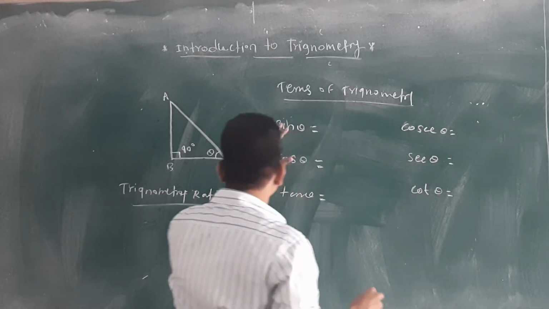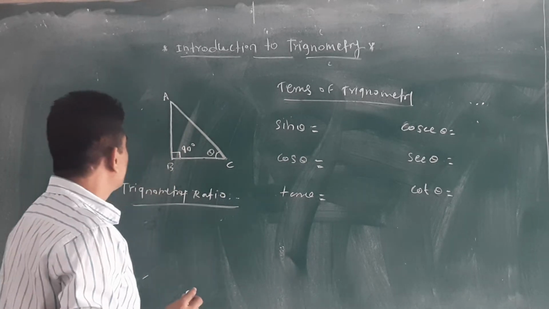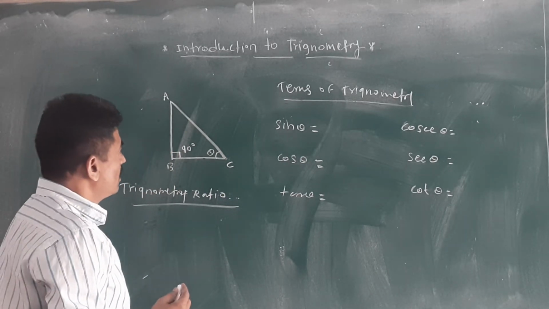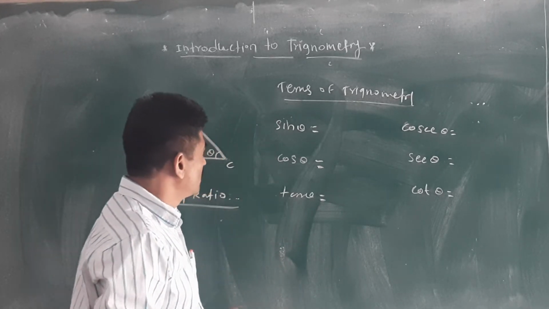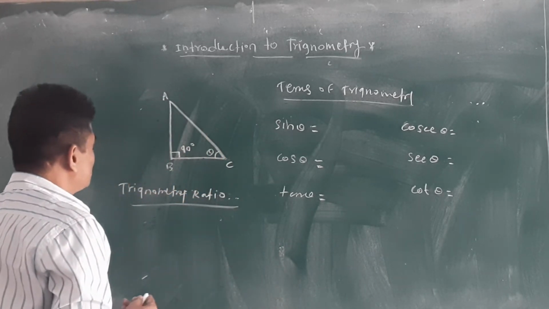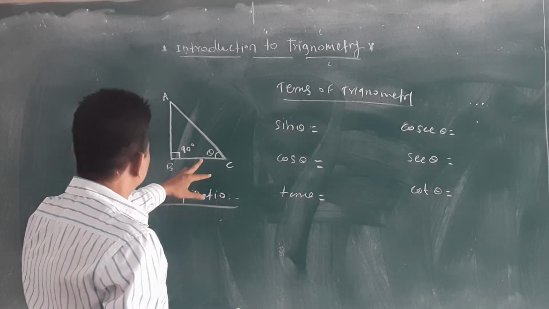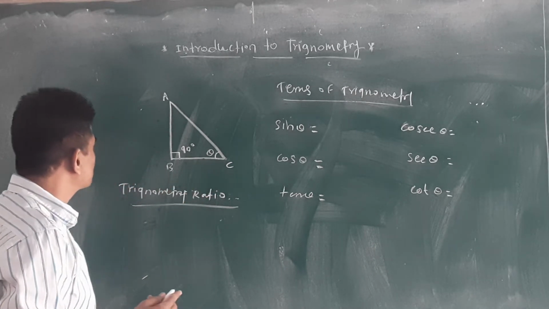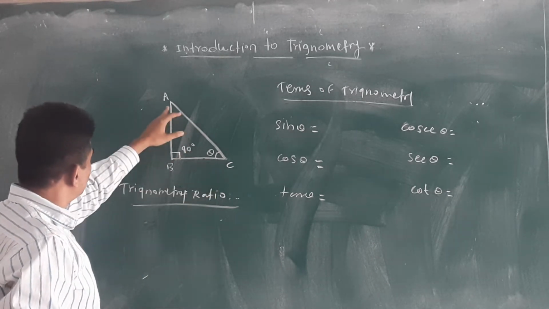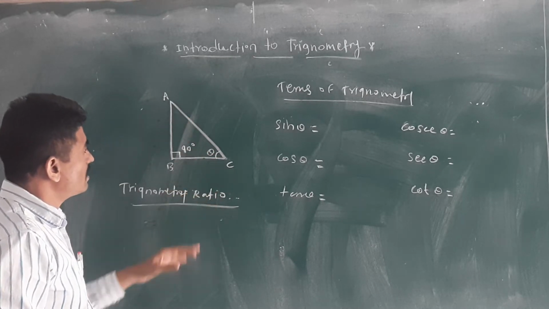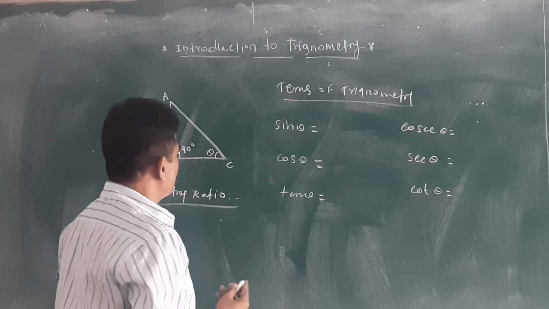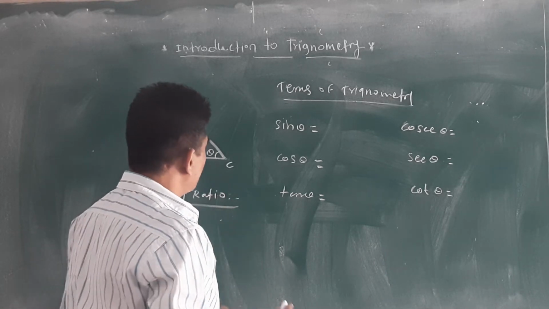That's the 6 terms you have to remember in trigonometry. When you solve numericals, we will require those 6 terms. Then how to find those 6 terms? Theta is the acute angle. This theta is given here as an acute angle. Sometimes you will get theta here also. Then how to solve the given numerical with the help of these formulas?